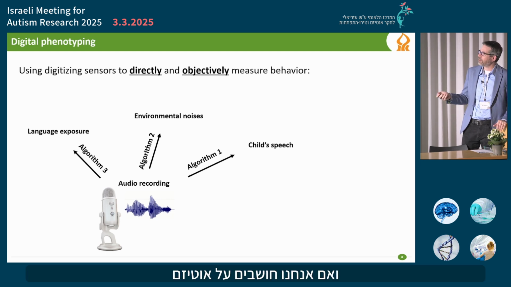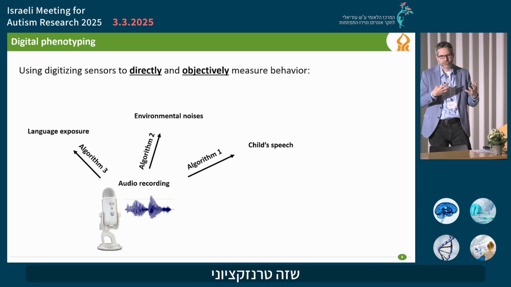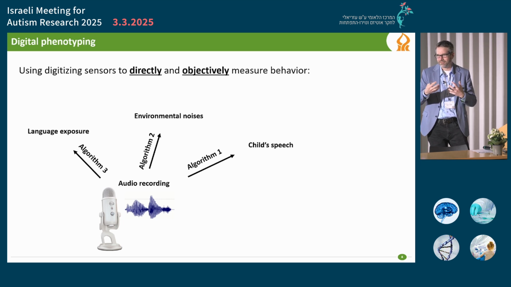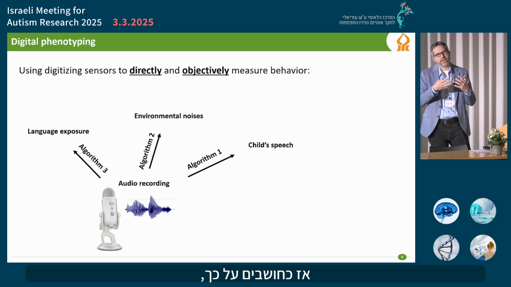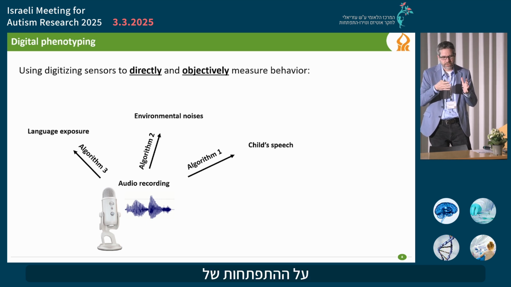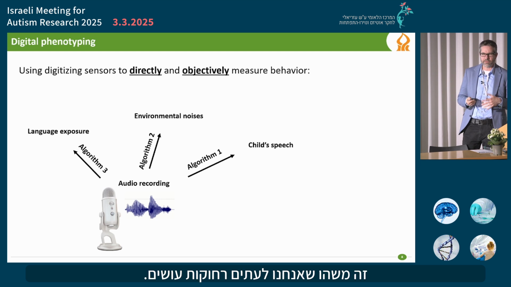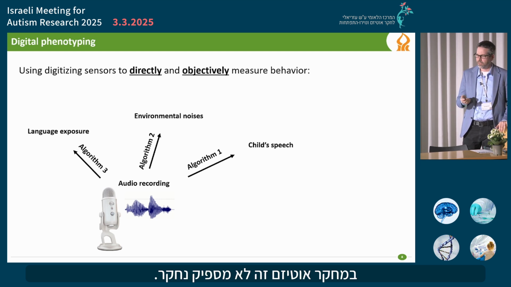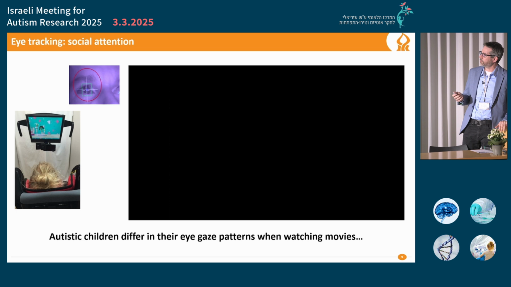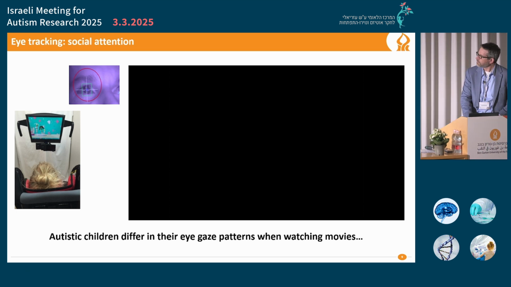exposure. And if we're thinking about autism, Ilan has this nice framing of saying that it's a transactional process. So thinking about, and Judah also mentioned it in his talk today, the development of the child within the framework of the environment and the family. So measuring the environment is something that we rarely do in autism research. That's underexplored. So I'll start with eye tracking.